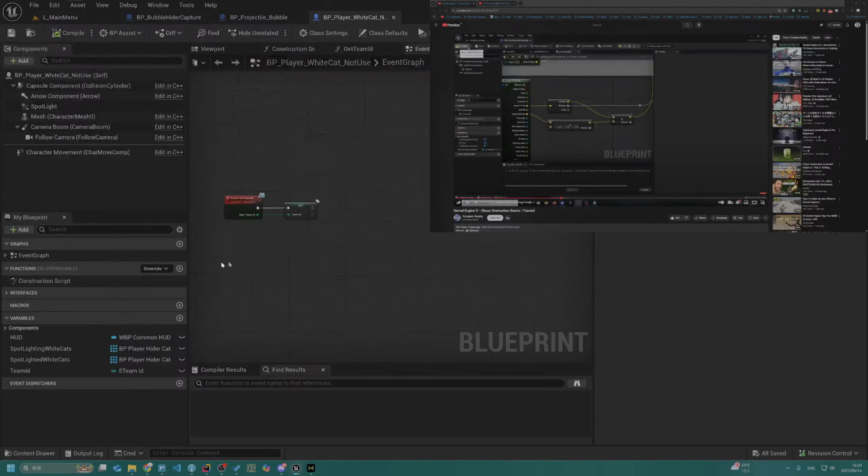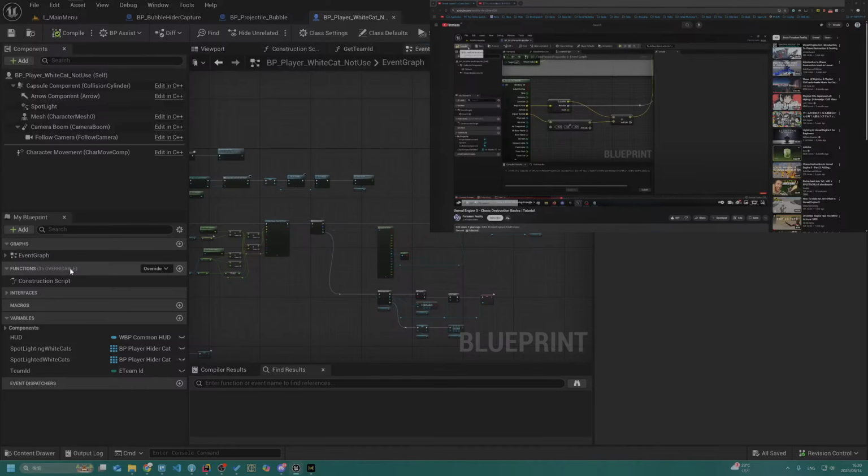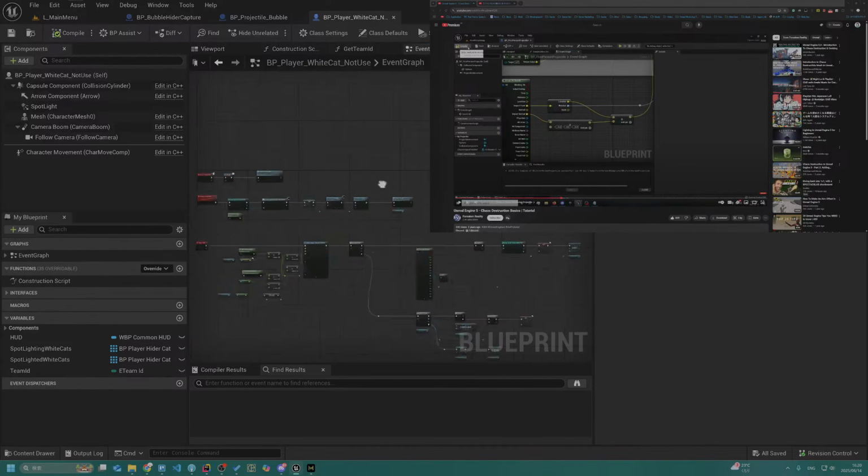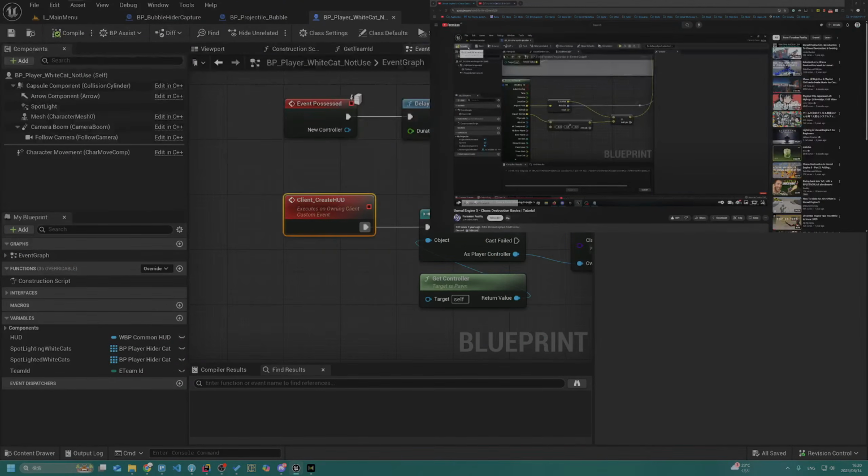I need the server one. Do we have? No, but it's similar. So basically it's run on client, run on server, reliable. I see. But I want it to be coded from C++.